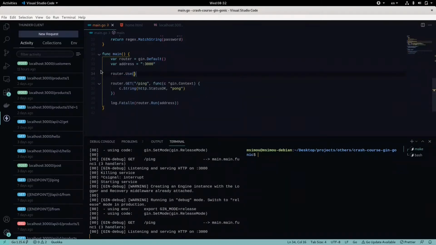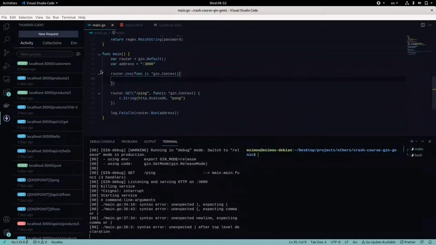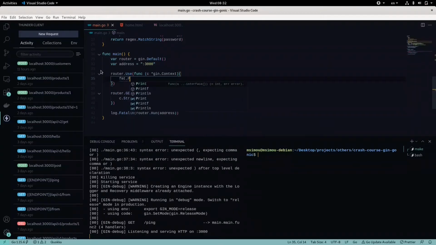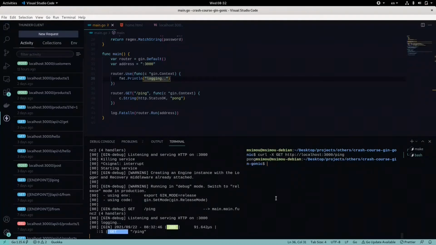In that case, I will use the Use method, and the signature of the middleware is the same as the controller, so it accepts a pointer of a Gin context. And in that case, I'm just going to log something. And if we call it, we see that we log the information that we want,